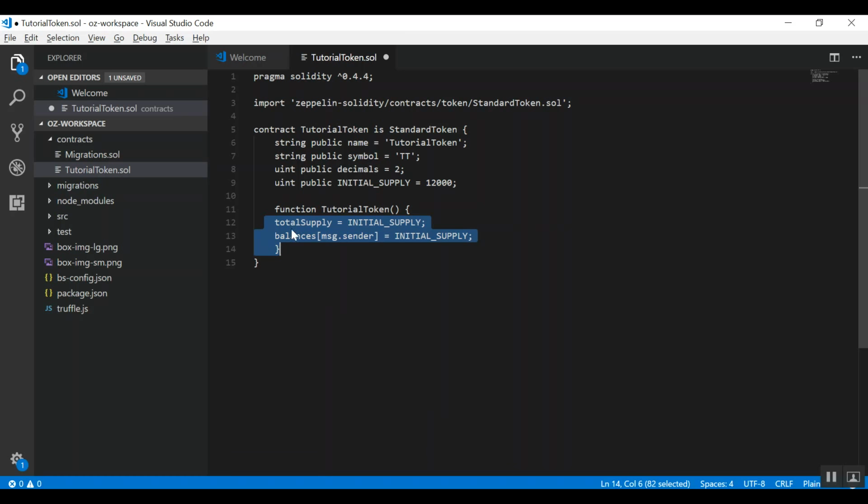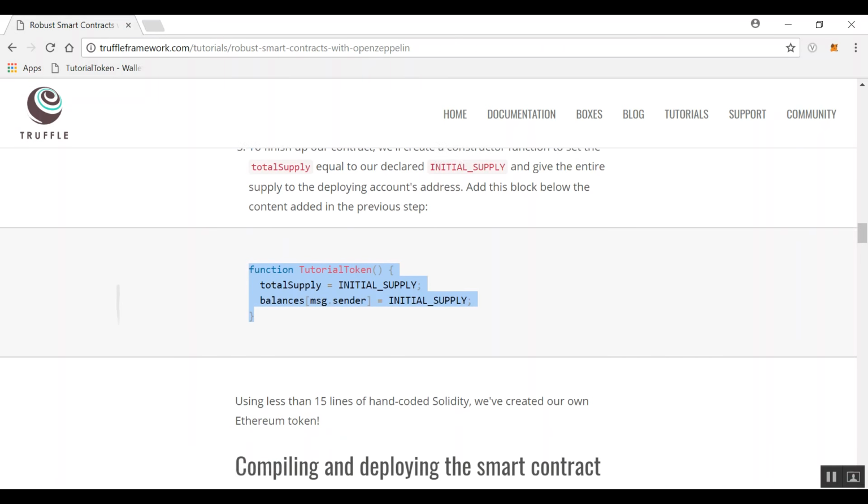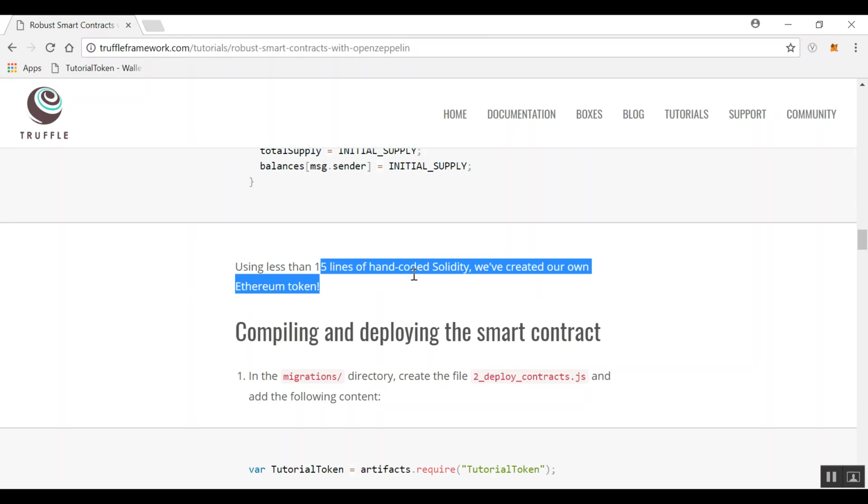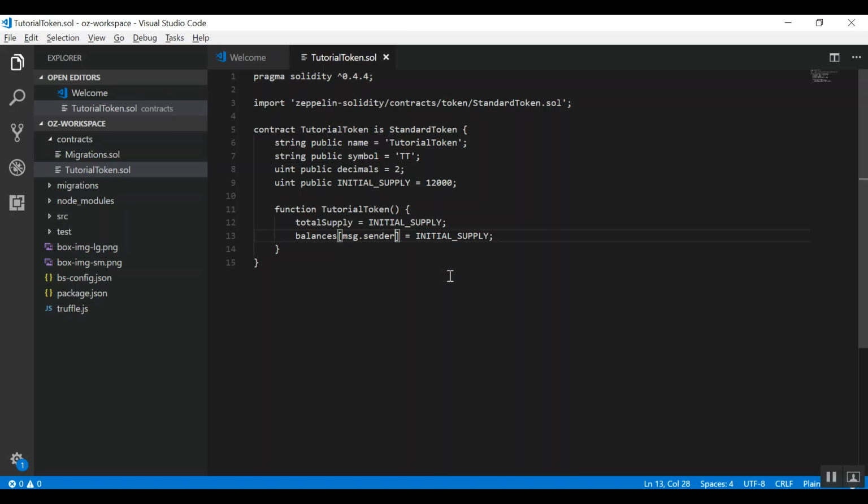So for this, we are using the initial supply variable and we are providing it to the total supply. Initial supply is 12,000, and all these tokens will be assigned to the account whichever has deployed the smart contract. The msg.sender indicates whoever has deployed this contract. So if you see, we just have created 15 lines of code